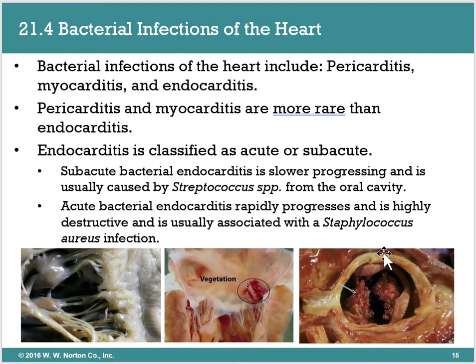Whenever they're scraping, they don't want to introduce strep into your bloodstream. A lot of times, if strep does get into your bloodstream and your body doesn't catch it, it will go to your heart and attach to your endocardium. So that's generally what will happen if you have subacute endocarditis. Now, acute endocarditis is where it's rapid onset.